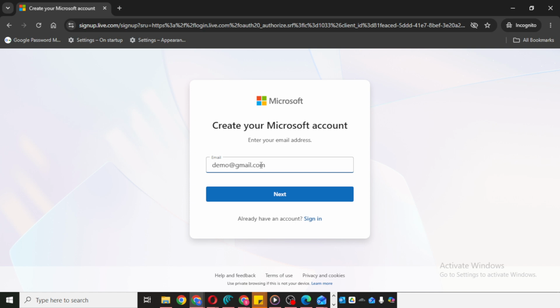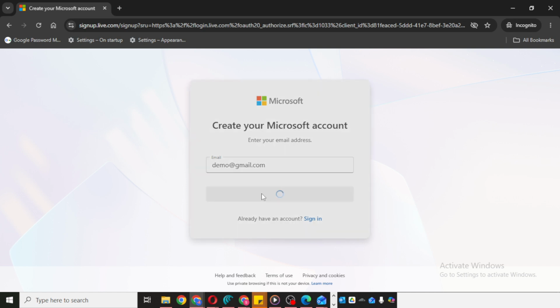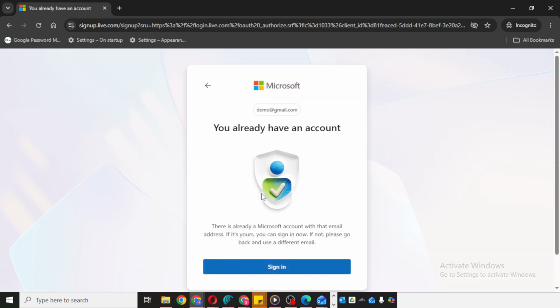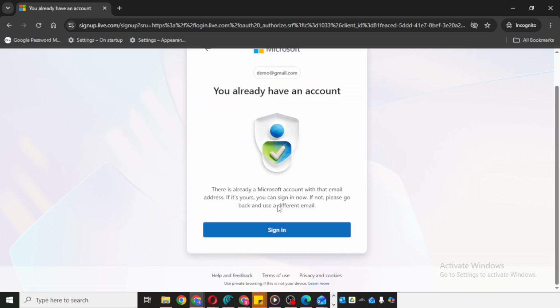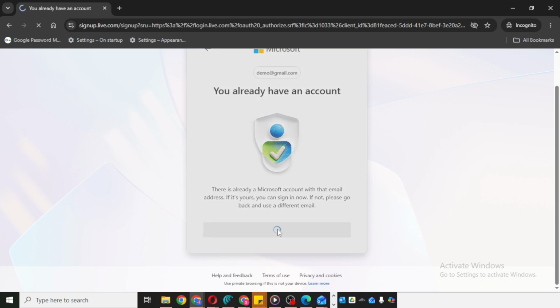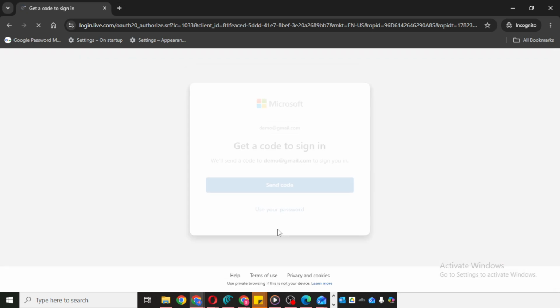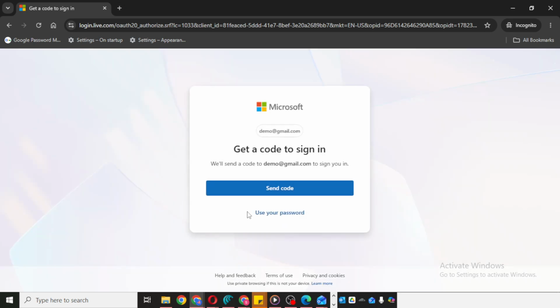You'll then be asked to select your country and continue filling out the necessary details. Follow the prompts that appear on your screen carefully. This may include basic information needed to set up your account properly. Take your time here and double-check everything before moving forward, especially spelling and region selection, because these details can affect how your account is set up.